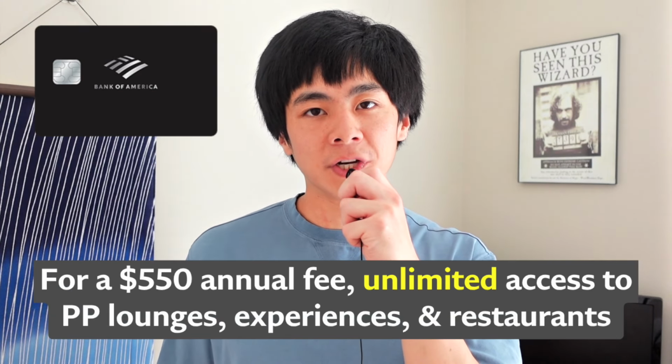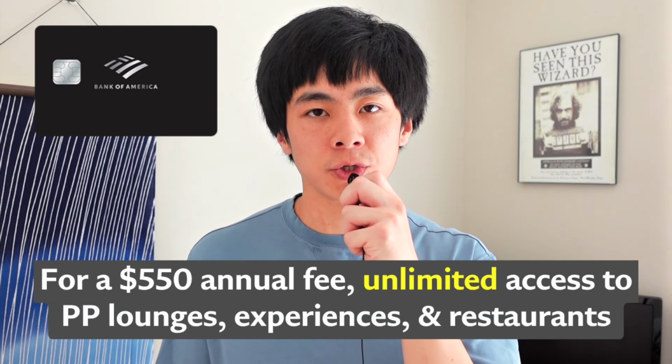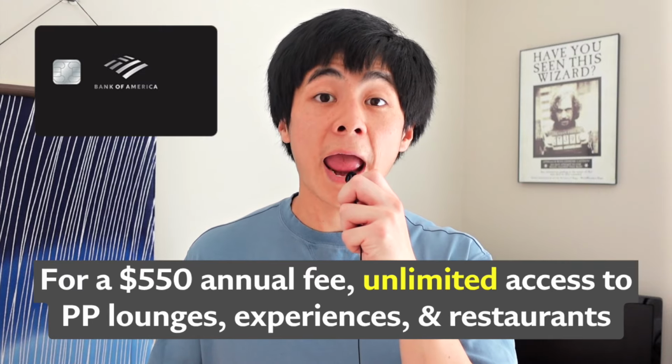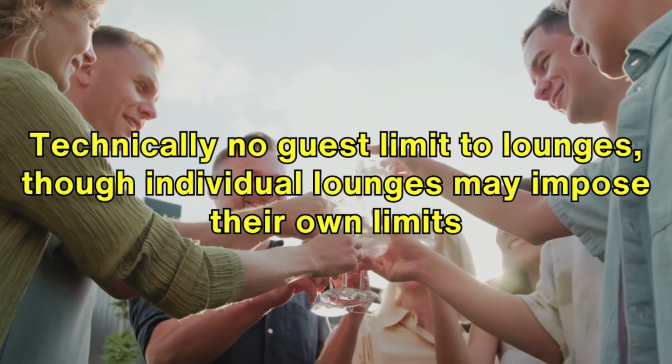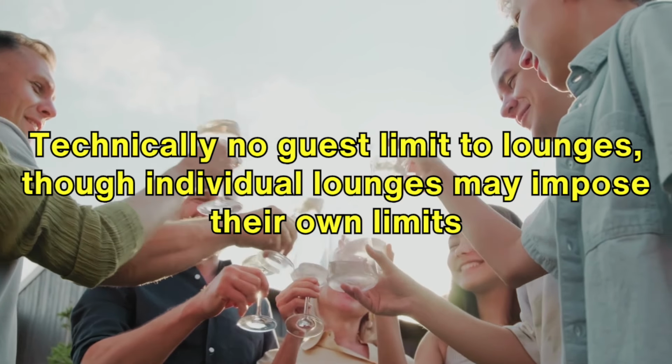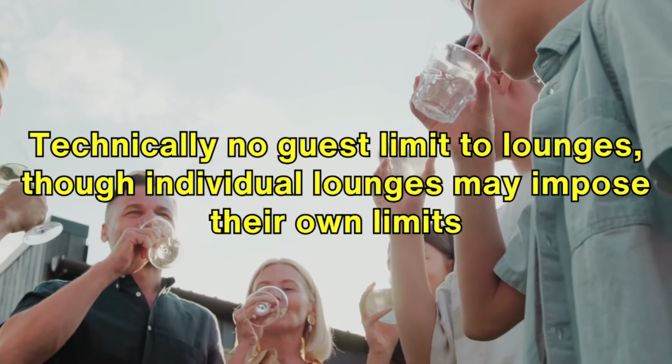For $550, you get complimentary access to priority pass lounges, restaurants, and experiences. In terms of complimentary guest access, there's technically no limit to the lounges, though individual lounges may impose their own limits. For experiences, it's also unlimited guests, and for restaurants, it's 1 free guest, I believe. I've never had this card before, so let me know in the comments if I'm mistaken. Essentially, the Premium Rewards Elite card has the best version of Priority Pass out there for a decently steep $550